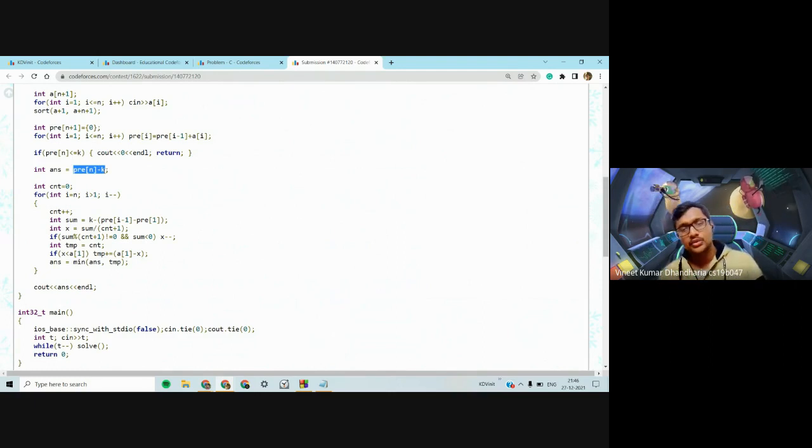If you have to do the assignment operation, then we see how many elements we do the assignment operation on, which is what we brute force on. So you start the counter from 0, which is basically the number of elements you would do the assignment operation on. We'll start from the last element because again we want to do the assignment to the maximum element. Then what we do is we find the sum of